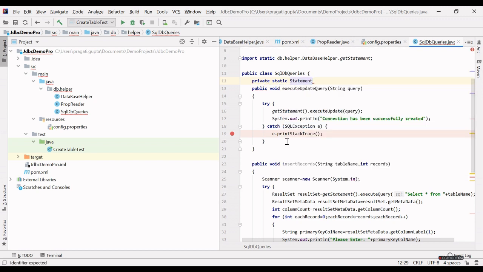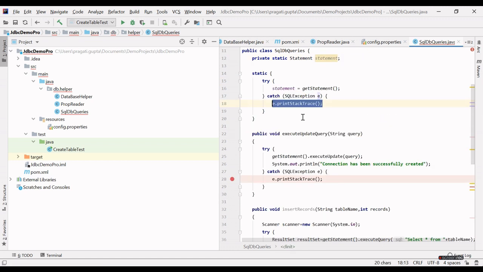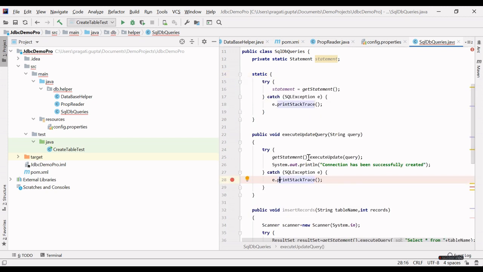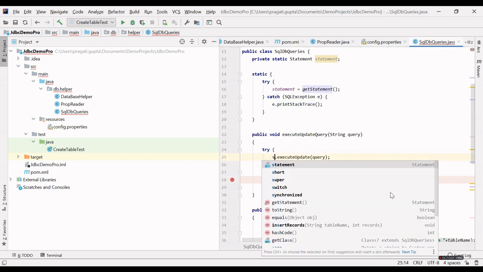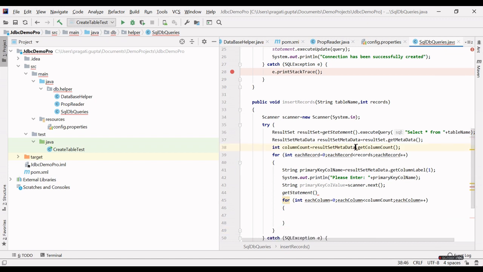Statement, this will create in static block. So guys, as you can see, this is the static block. So we don't need to call this get statement method every time. We can replace get statement with statement variable.